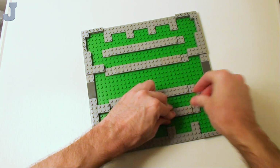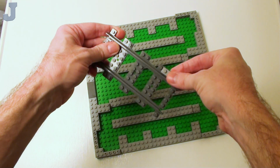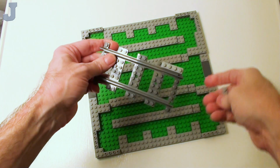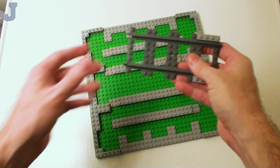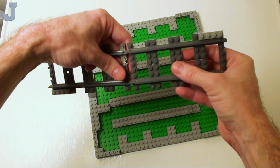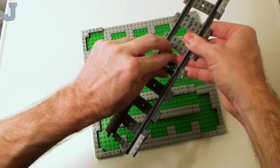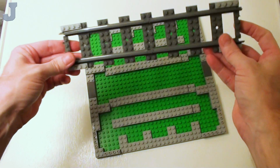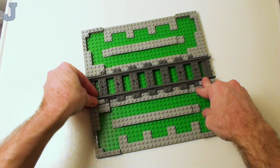Let's take an 8 by 16 straight track. On one end, I'm going to set down a set of 1 by 4 plates. I want to make 2 of these. I want to place these together as shown. Then I want to take this track assembly, and we're going to set this right here, right on top of our